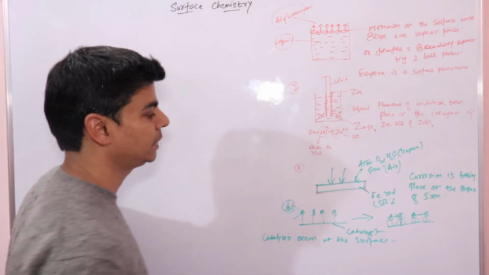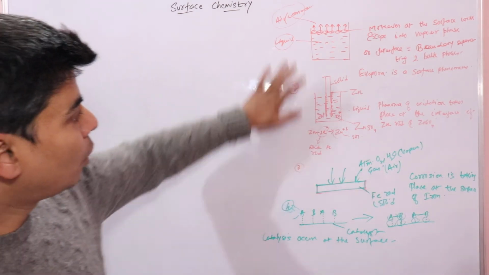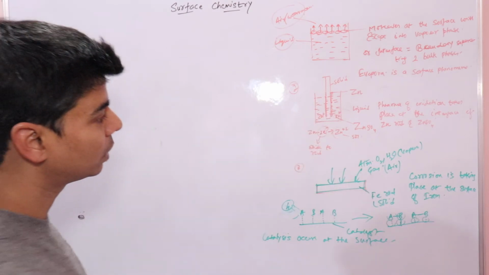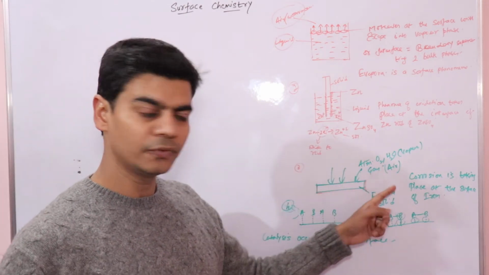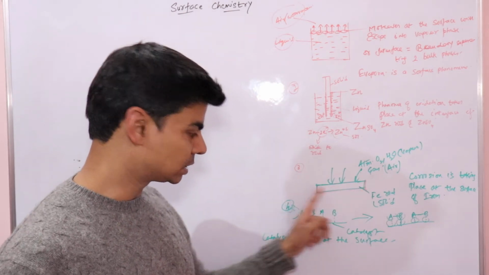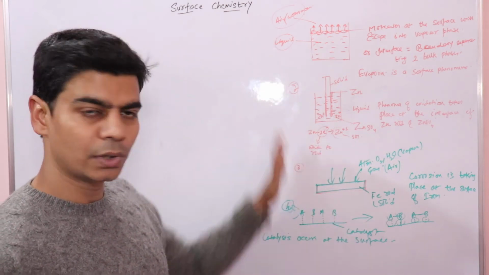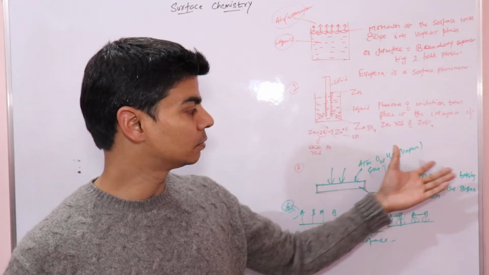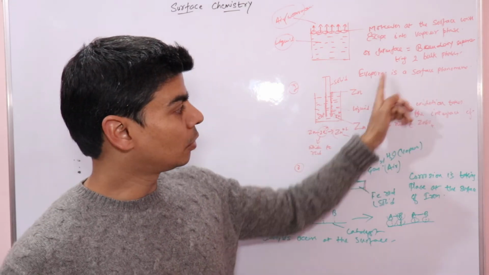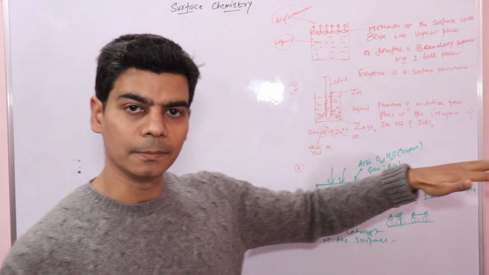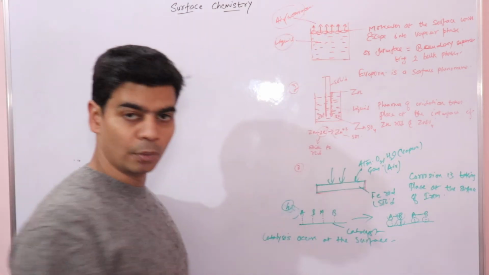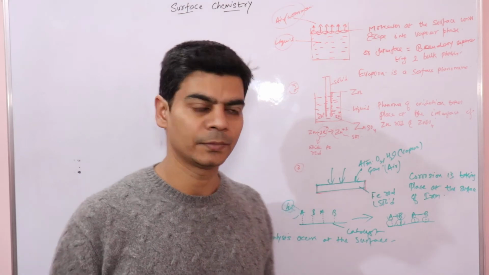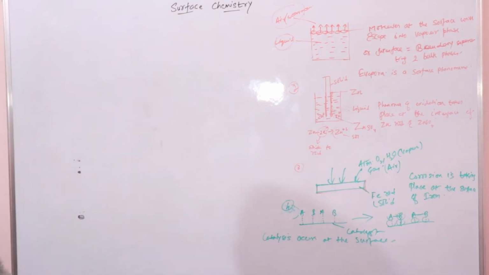So all these phenomena, evaporation, then oxidation occurring at the interface in the working of a galvanic cell, and corrosion, which again takes place at the surface, and this catalysis, which again takes place at the surface, all these phenomena taking place at the surface or at the interface, which is a boundary separating two bulk media, are studied under a branch of chemistry known as surface chemistry, right? So let's define what surface chemistry is.